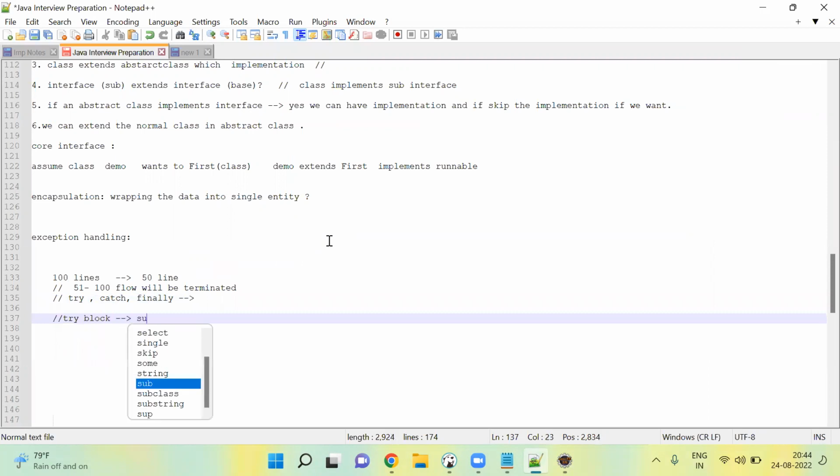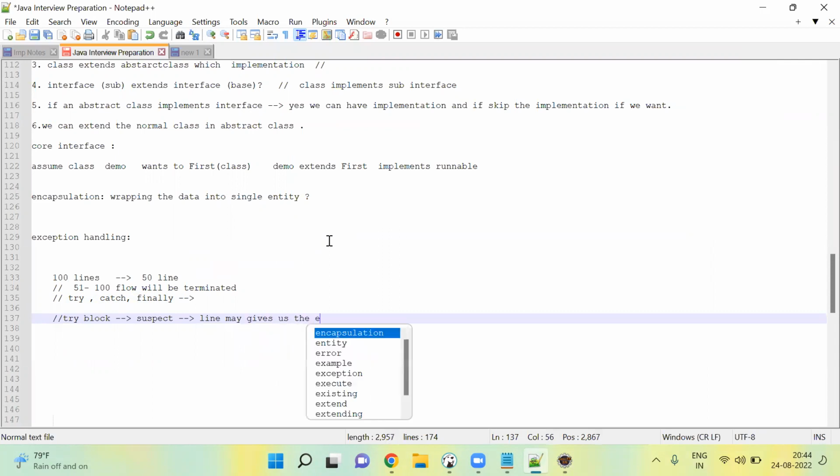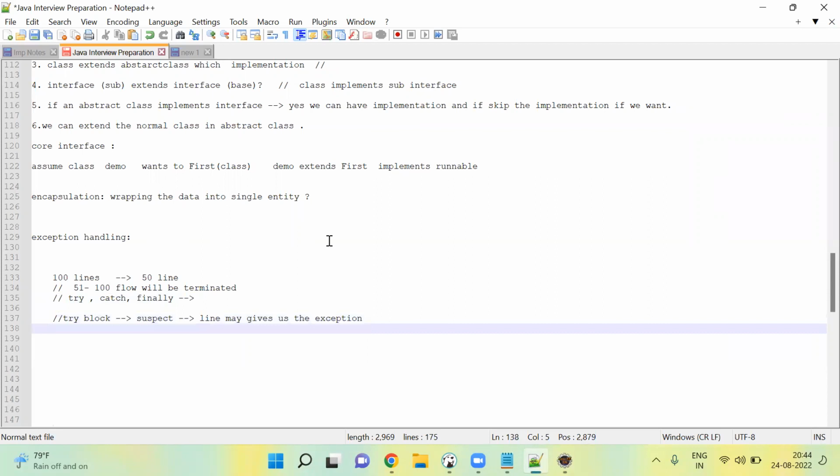Means when you suspect that some lines may give us an exception, we keep that code inside the try block. Now what will the catch block do? You cannot write only a try block. Try should be combined with a catch or finally block. You cannot write only a try block. So what this catch will do is catch the exception